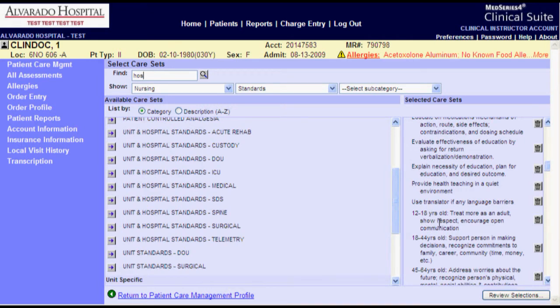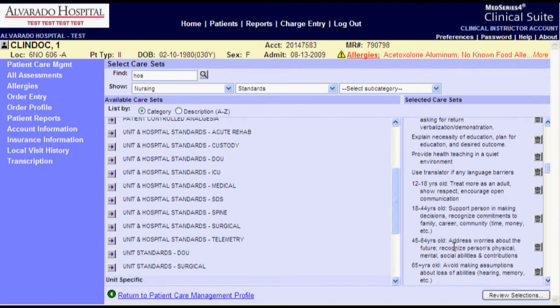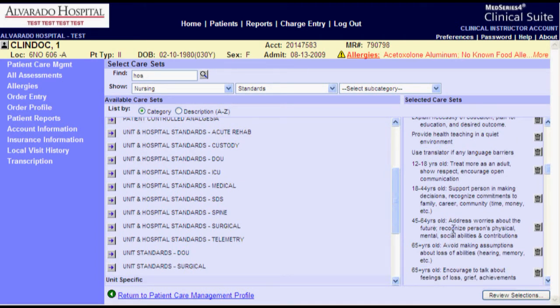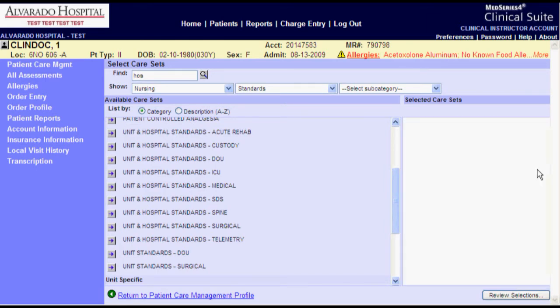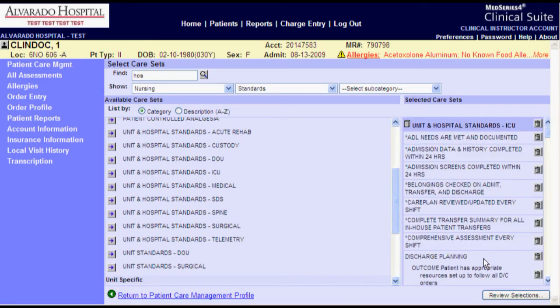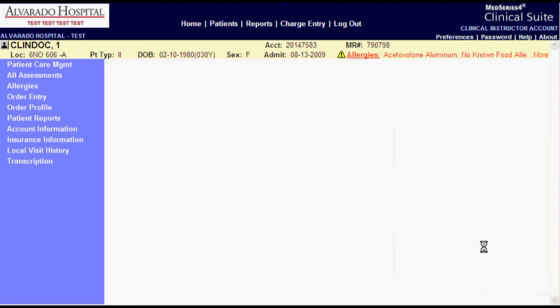For example, 12 to 18-year-old interventions, 18 to 44-year-old interventions, and 45 to 65-year-old interventions do not apply to our patient. We can click the trash can now and eliminate those. We also have the ability to simply use the Review Selections tab of the shopping cart and populate all items in our shopping cart into another field to perform a more detailed review of our selections. We'll go ahead and do that now and eliminate a few more items prior to saving them into our patient